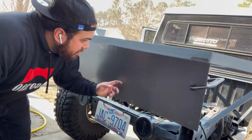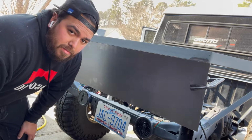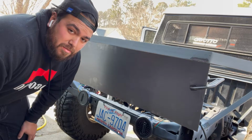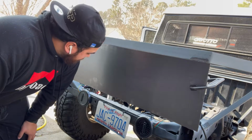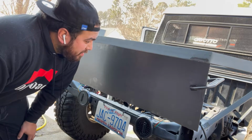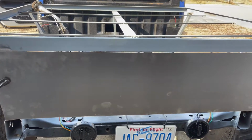Fits pretty good. And actually, the more that I think about it, I don't really know that this has to be removable. Kind of thinking about just welding this on now. Does this need to be removable? Of course, I'll pull it a little tighter and close that gap at the top,